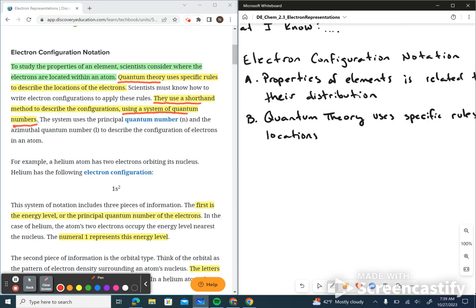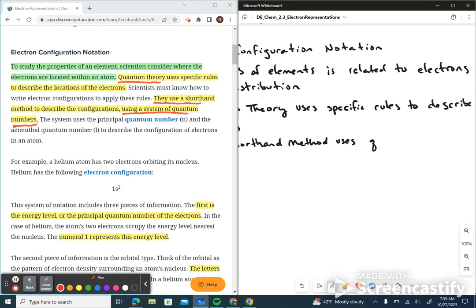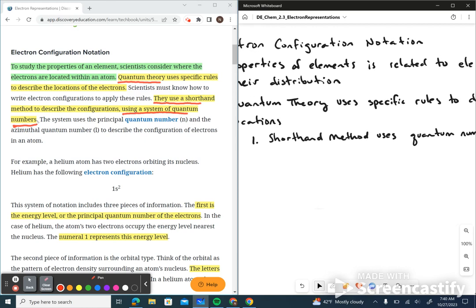And specifically, they have a shorthand method. And this shorthand method uses quantum numbers. Okay, remember you had 4 quantum numbers, right? You have the principal quantum number,